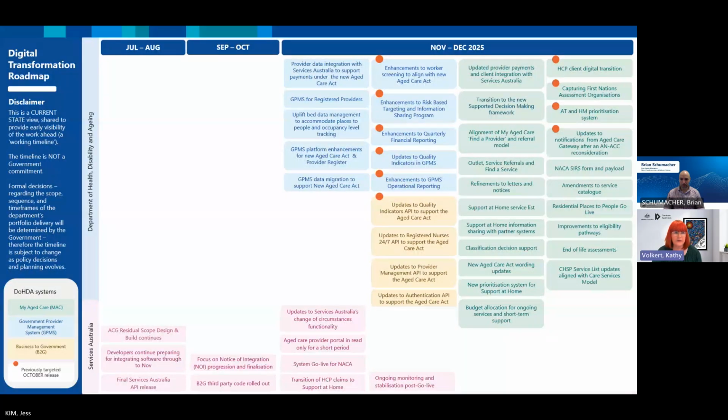There are a couple of elements on here as well that were referenced. So one was update to Services Australia change of circumstances. So in the November release, we'll also be enhancing that. So last year we did release an online claim functionality that allows older Australians and their representatives to apply for a calculation of your cost of care via MyGov through our online channel.